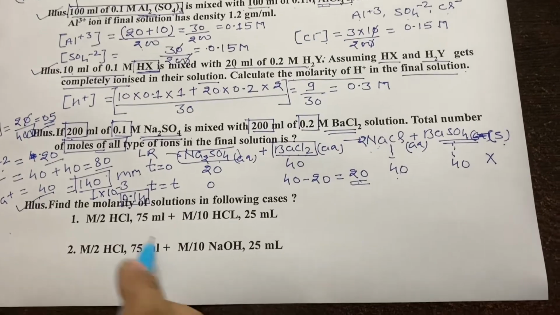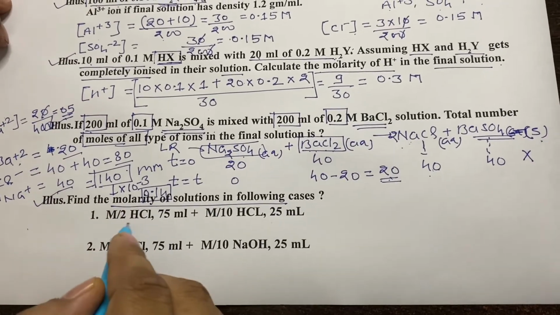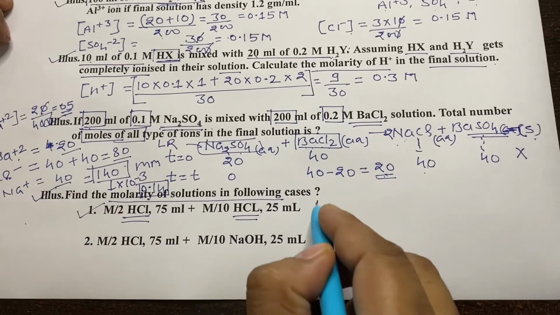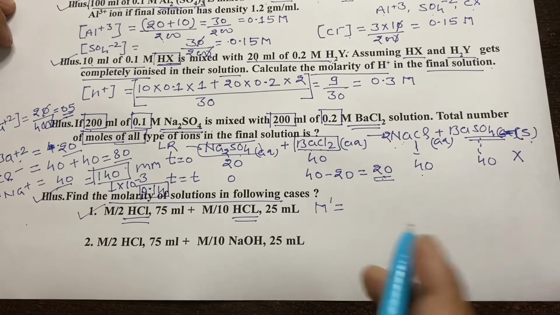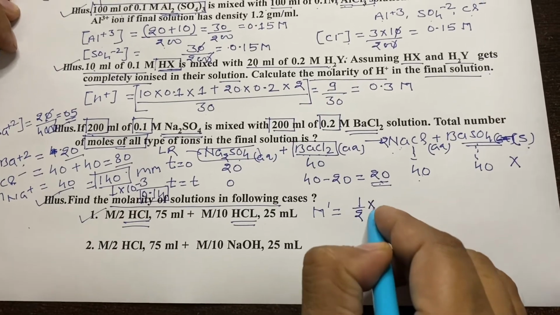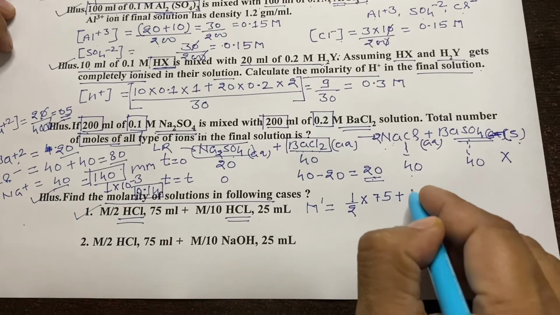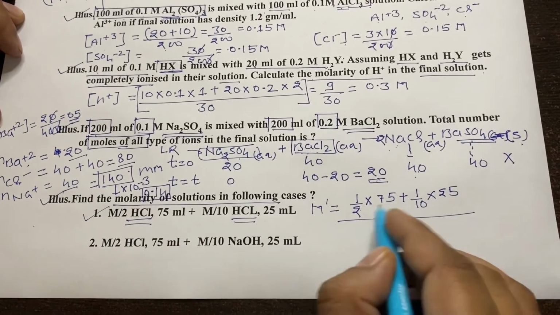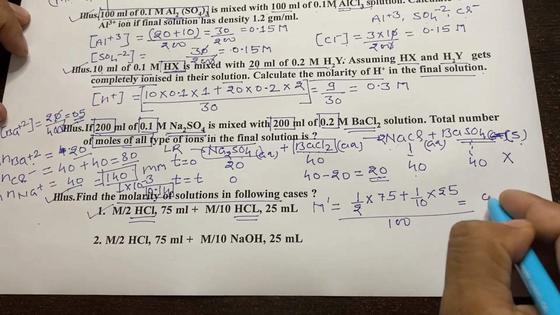Let's take one more example in which the molarity of the final solution is to be calculated. To be noted that this is the case when we are mixing the same solute. So in this case, as I told you, when the same solutes are mixed, the molarity of the resulting solution can be calculated as M1V1 plus M2V2 upon total volume, that will be 100. On solving this, we will get